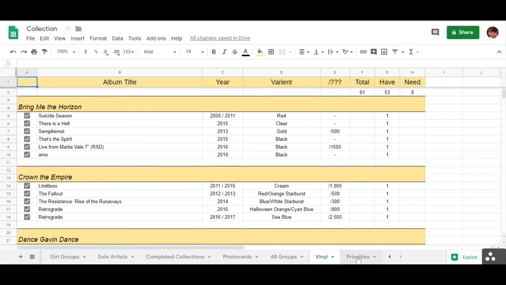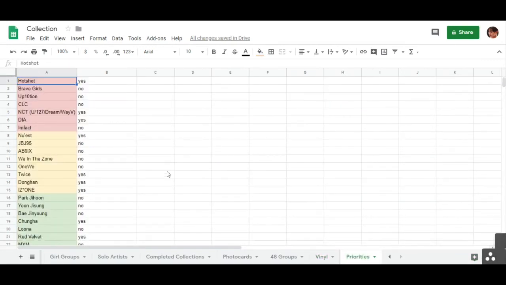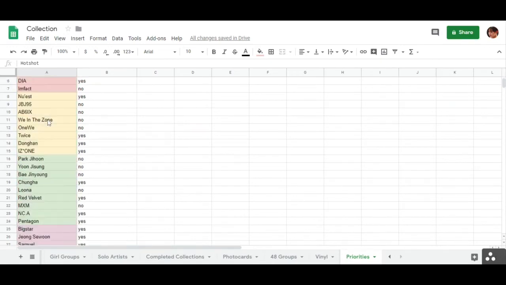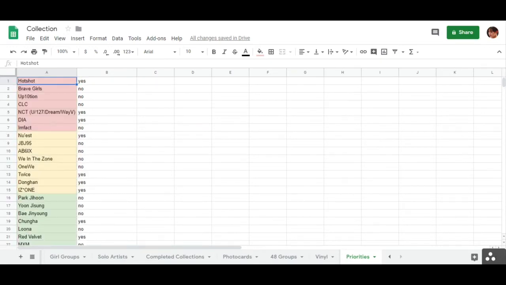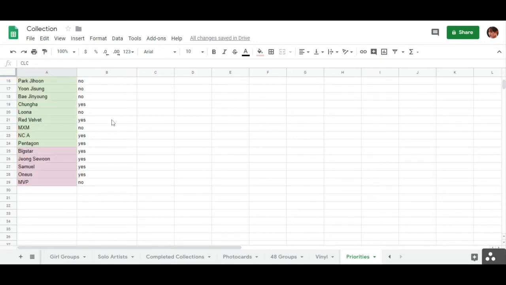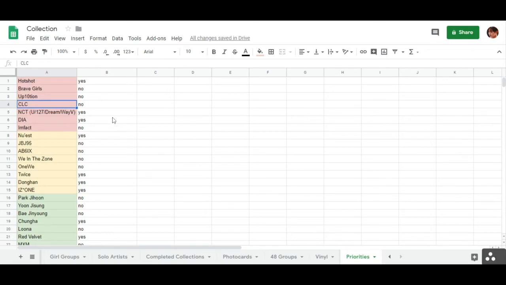And then the last sheet I have here is actually something I just made for my own reference. So it's titled priorities. So this means just, like, what are my priorities? So when I'm buying things, like what should I buy first? I don't remember what this column is for, but I'm just going to leave it alone. I genuinely don't remember why I did this. I'm trying to remember, but I just can't. But anyways,